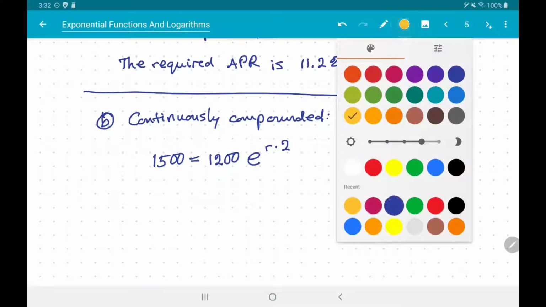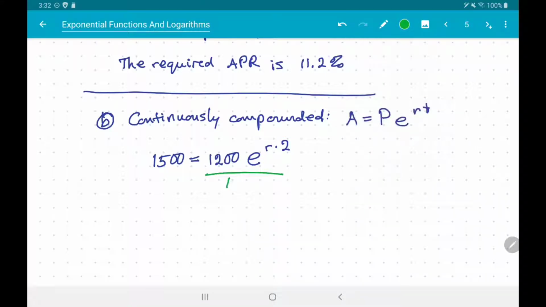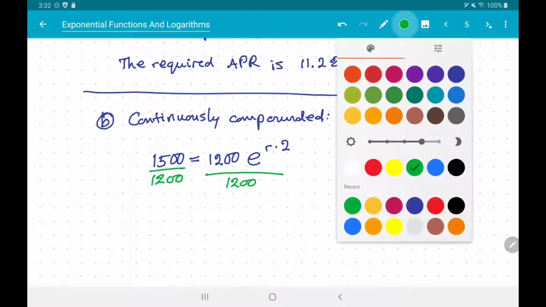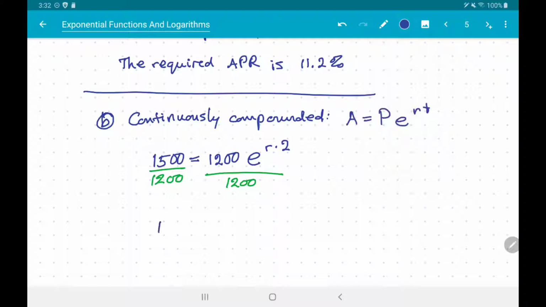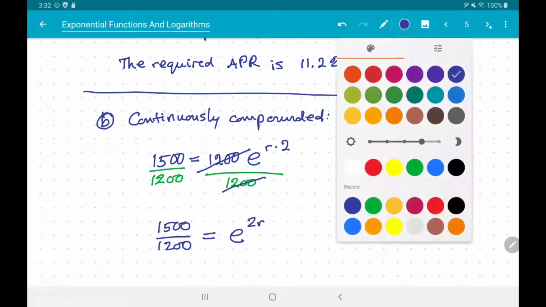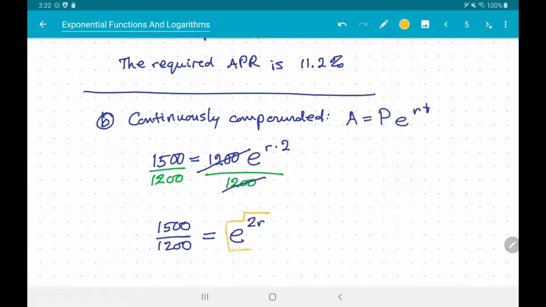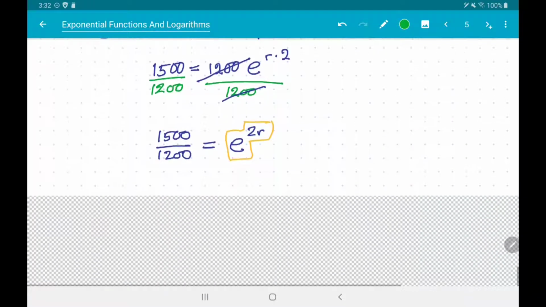So to start with, let's undo multiplication by 1200 by dividing by 1200. So that leaves us with 1500 over 1200, and multiplication by 1200 cancels with division by 1200, and that leaves us with e to the 2r. Now, the exponential operation is indeed the outermost operation on the right-hand side. So now it is appropriate to apply